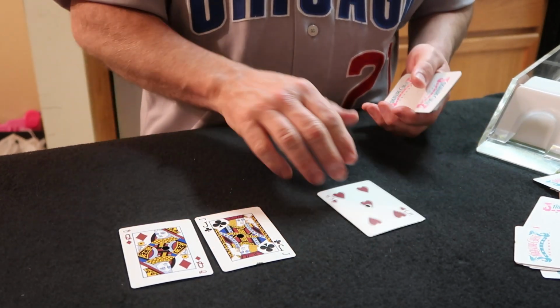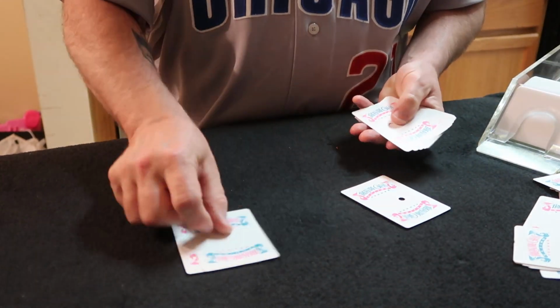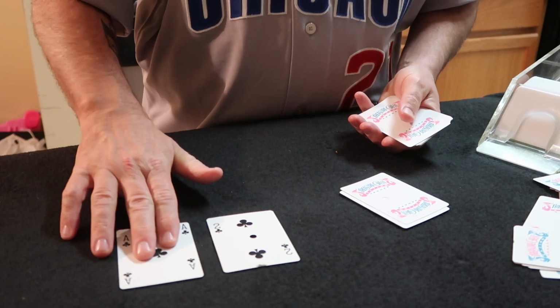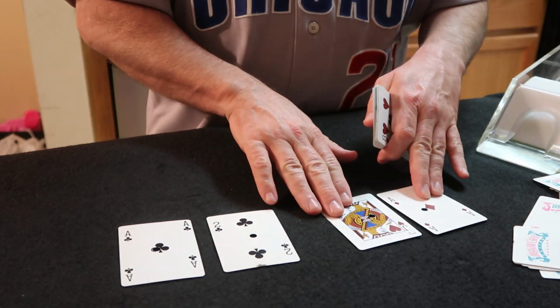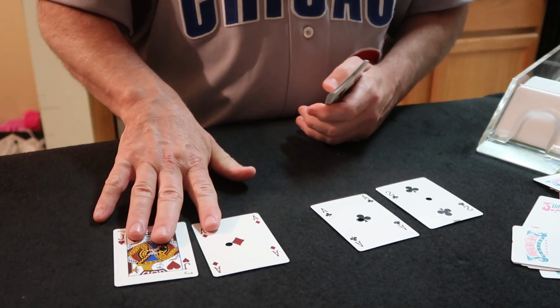Player, nothing. Banker, natural 9. Player, 3. Banker's nothing, so it's going to be a 2-card draw. Let's turn it around the other way though. Let's say the player has